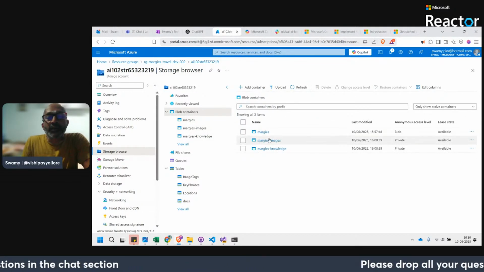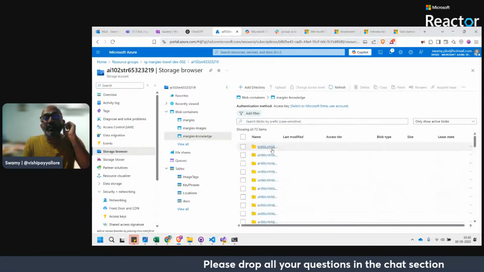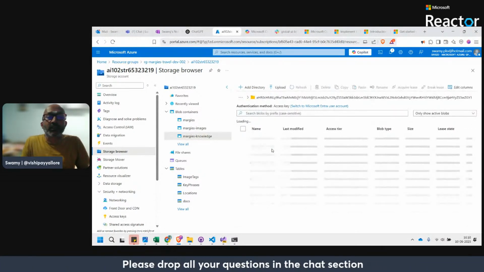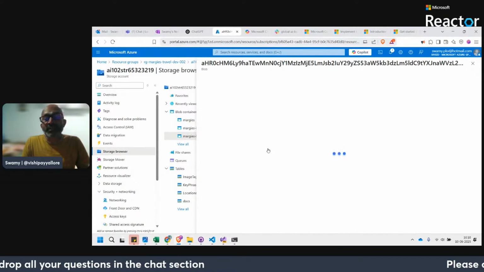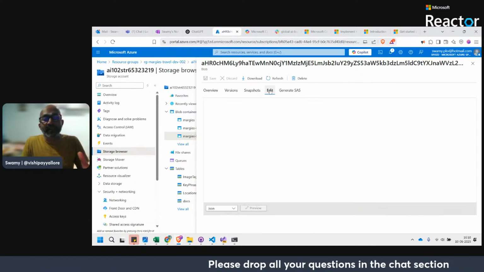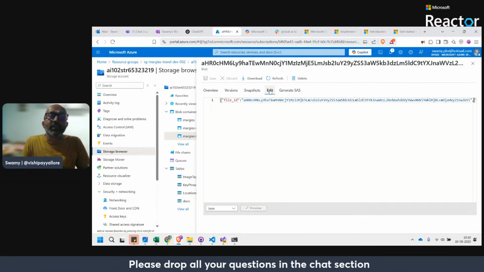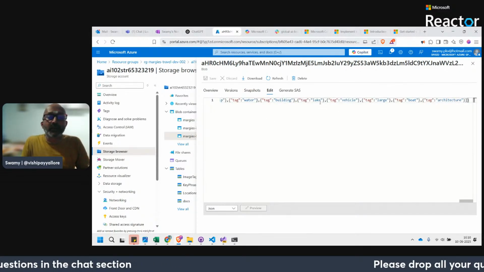Now we go into the knowledge store. We saw that all the JSONs will be available in this. We can see the knowledge projection JSONs and go and see the content. I can click on edit. Technically, I'm not going to edit, but just wanted to show you that the JSON exists over here.